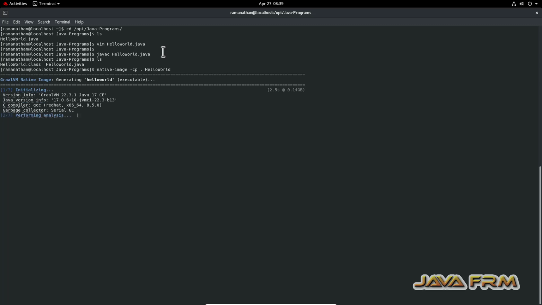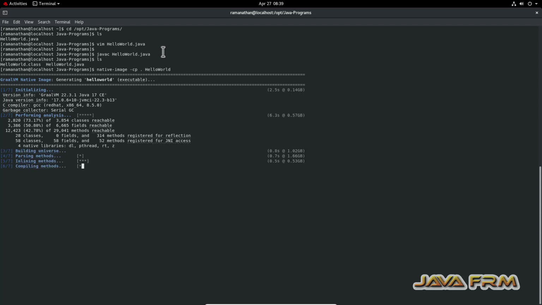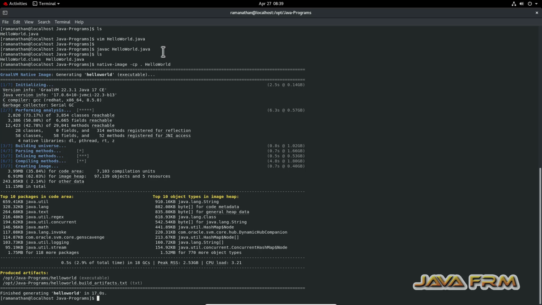So I am executing the command. You can see that the native executable file is getting generated. This command will be using the native GCC C compiler to generate the executable file. Okay, the file has been generated. Also you can see in the message,